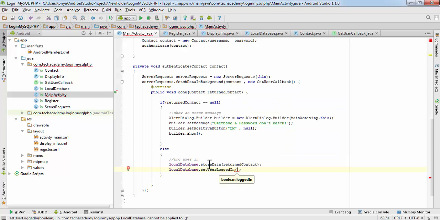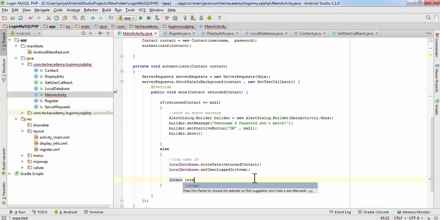So when you're logging in the user, we have created a boolean variable logged in. You can see it here. So we have to set, by default it is false, so we will make it true. So here pass true, and then after logging in the user, we have to start the display info activity.